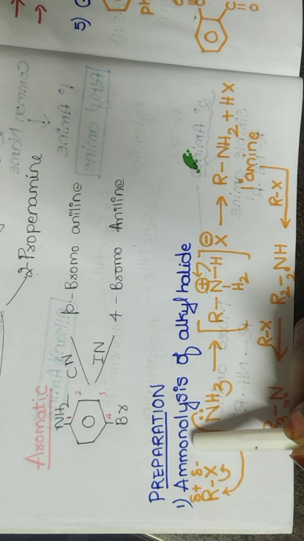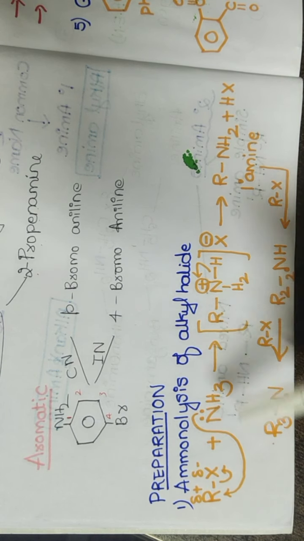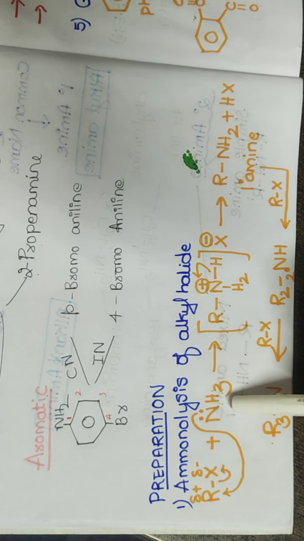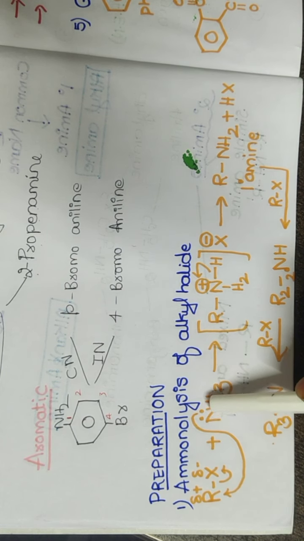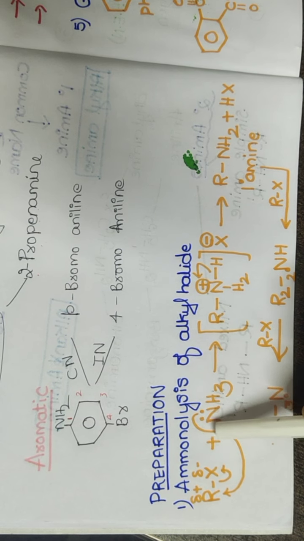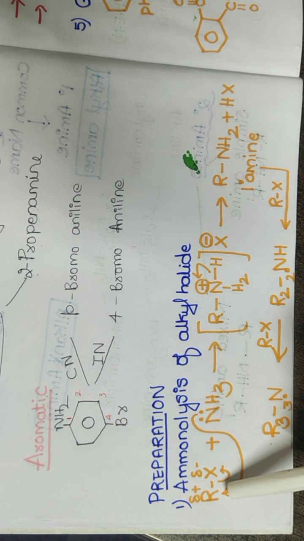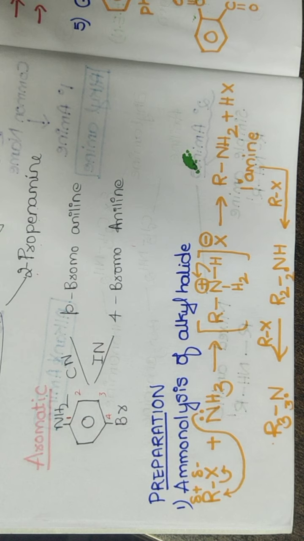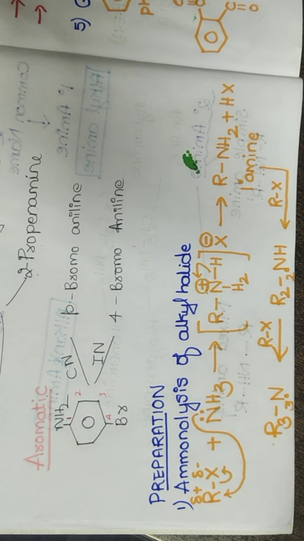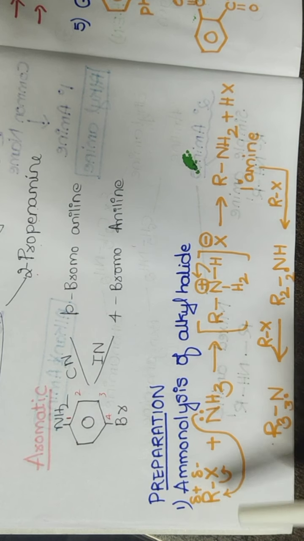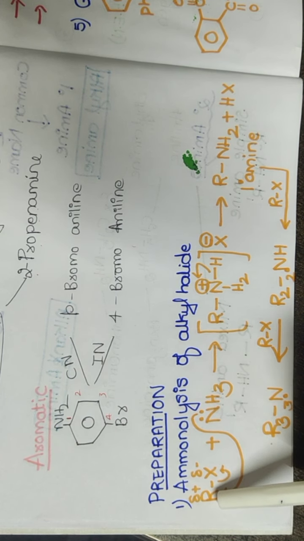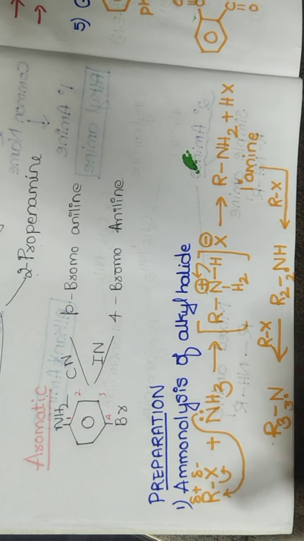So here we are doing ammonolysis. That means the other reactant has to be ammonia. I hope you know that ammonia has one lone pair of electrons. Due to the presence of one lone pair of electrons, it will behave as a nucleophile. And nucleophiles are electron rich species which will attack only an electron deficient center. So therefore it will attack the R group because it carries a partial positive charge.